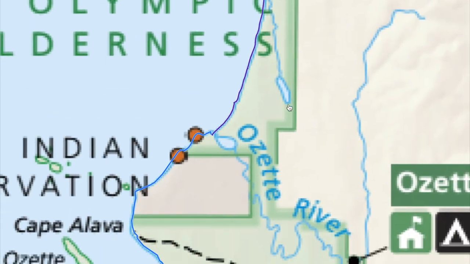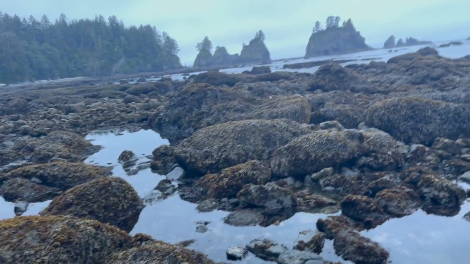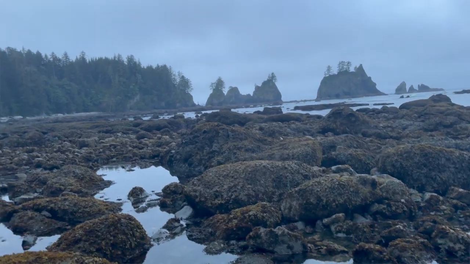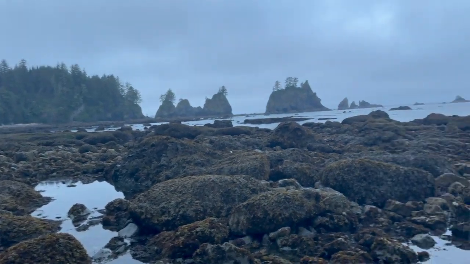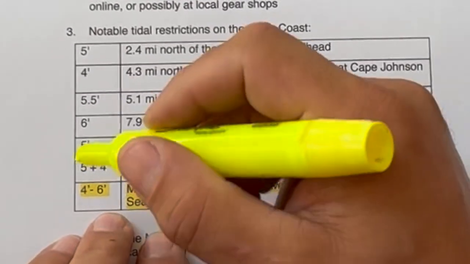So to give you an example, let's talk about the two areas that you need to be worried about south of the Ozette River. And when my wife Jennifer and I did this hike back in 2024, this obstacle was faced on the morning of day 3. There's 2 obstacles, and you'll see that it has a tidal restriction, which is found on this page. 0.7 of a mile down is